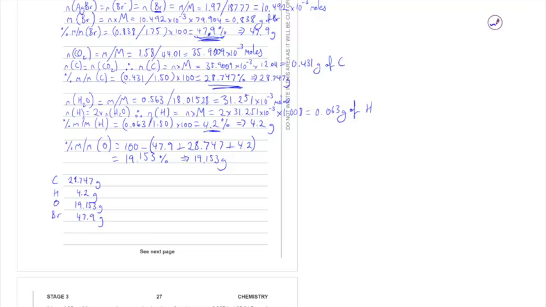Then I need to get the moles of all of these. And if I've got a mass, to get the moles, I need to divide by the molar mass. So I'm going to divide each of these by their respective molar masses: 12.011, divide by 1.008, divide by 16.00, divide by 79.904, and that gives me these moles,